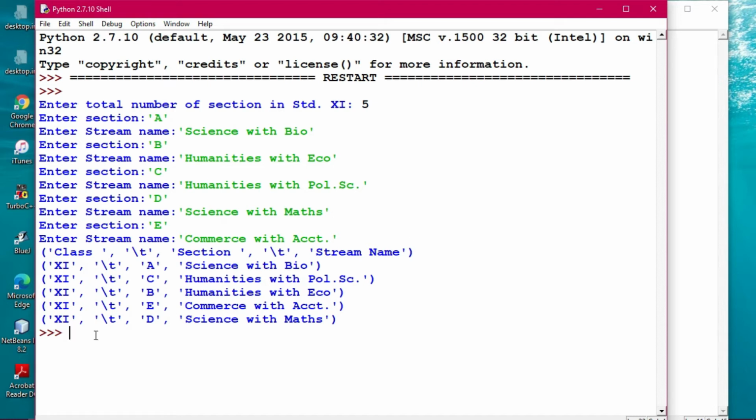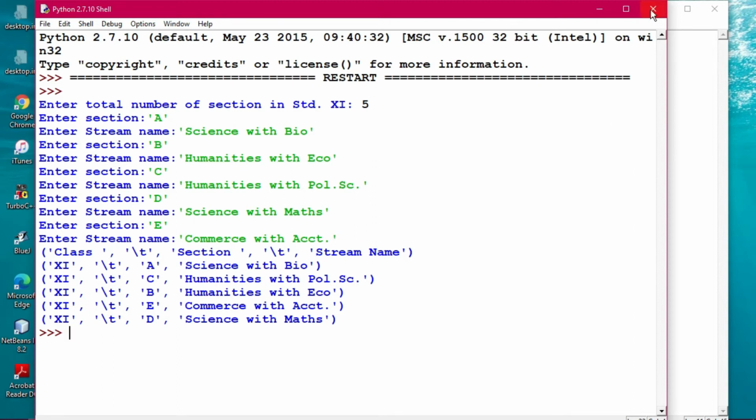Whatever we have created has gone into the dictionary, and afterwards it has been printed along with key value pairs by using the dictionary. This particular program will tell you how to create a dictionary by using the for loop and while loop, and by using the dict command.